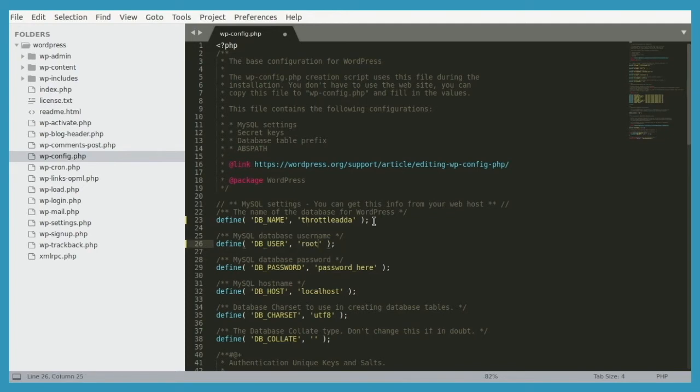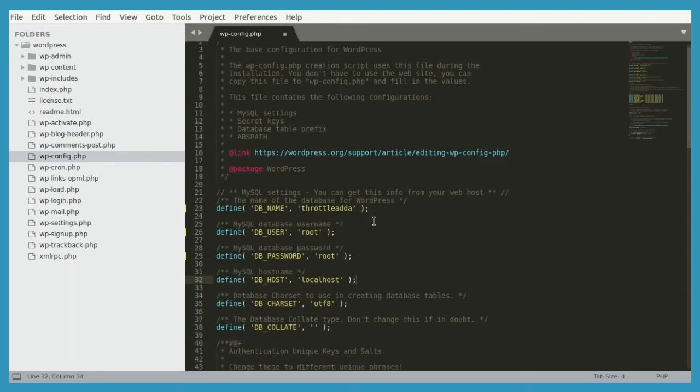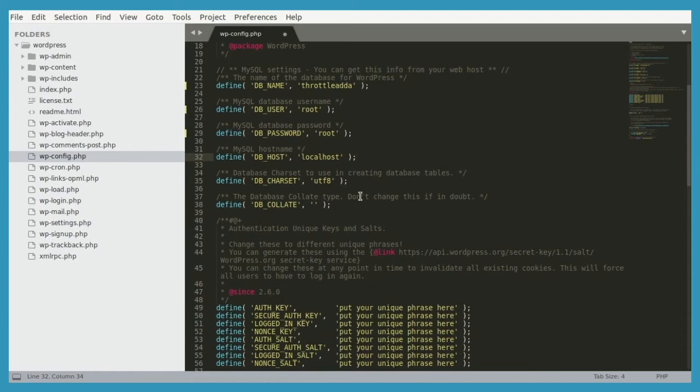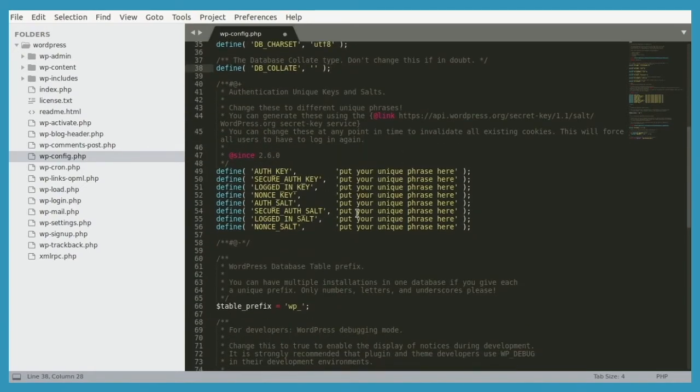As I'm giving a demo on my local machine, I'm not securing this password because it's just for my use. If you're going to use anything on a publicly available domain, don't keep such an easy password which is easily crackable. The DB host is localhost because I'm doing it on my local machine. Now this is the only basic setup that we need to do for local WordPress setup. We will look into this section at a later point. For now, we do not need it.